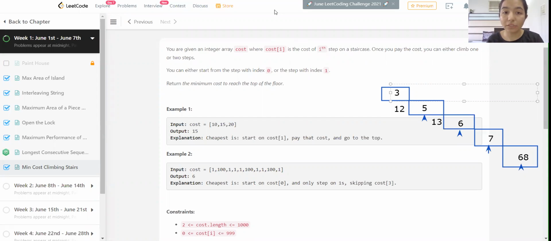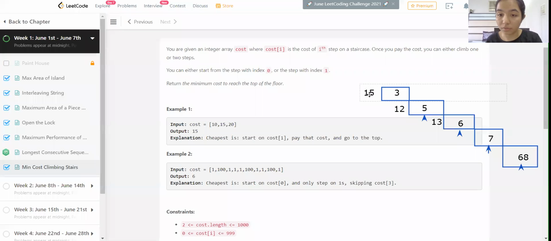Now, to reach 3, the minimum cost would be the minimum cost required to reach 5 and the minimum cost required to reach 6. You find out which one is lesser, and add it to 3 again. So the lesser one is the 5th stair one, which is 12. So we add 12 to 3 and our total cost becomes 15. So that is our final value of the loop.